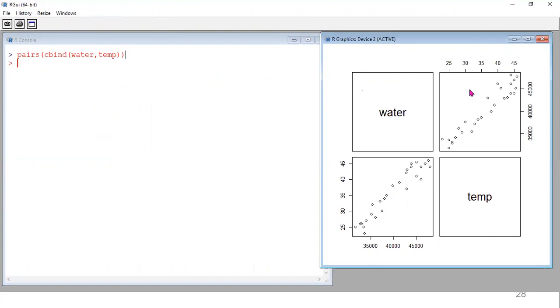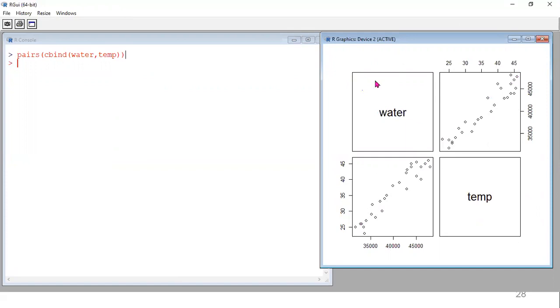Here you can see the graph is split into two parts. One part is half of the portion, the second part is half of the portion, the two parameters water and temperature, which looks like a matrix form. So four rectangle shapes are created. On the diagonal, it contains the graph with values, by default points.